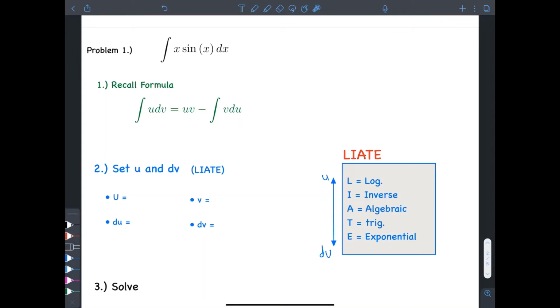Alright, in this video I'm going to show you how you can solve an integral using the integration by parts method, and I'm also going to show you how you can use the LIATE technique to set your u and dv variables. So what you want to do when you're solving an integration by parts problem is break the problem